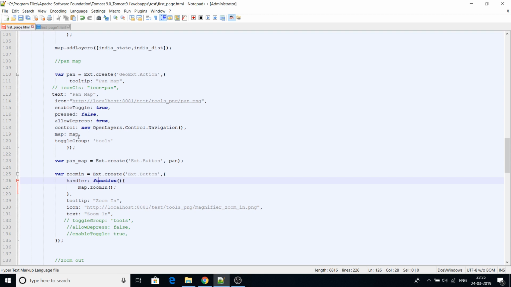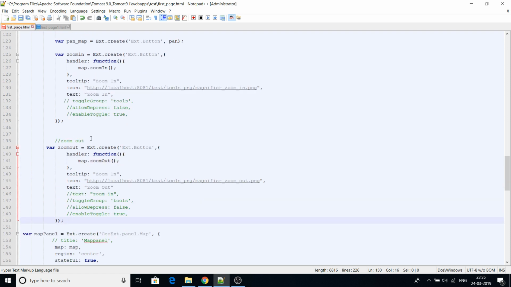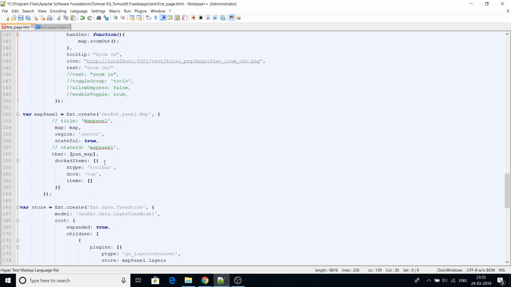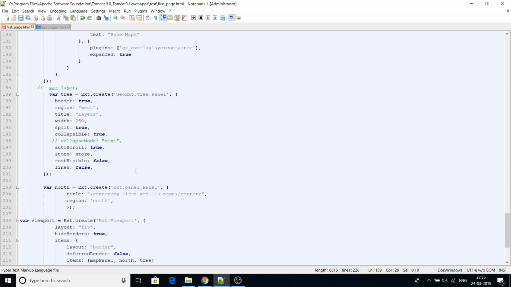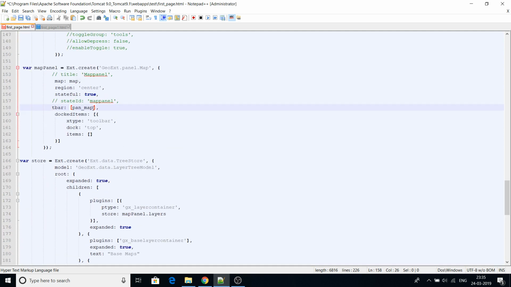So that's why I have created a GeoExt action, and that action I have mapped to the button. But here in zoom in and zoom out, I have directly created an Ext button. Under that I have given a handler and I'm calling the function map.zoomIn. This is the OpenLayers function. Directly I'm calling it. So the zoom in and zoom out, these are the buttons. So I'll just write it here,